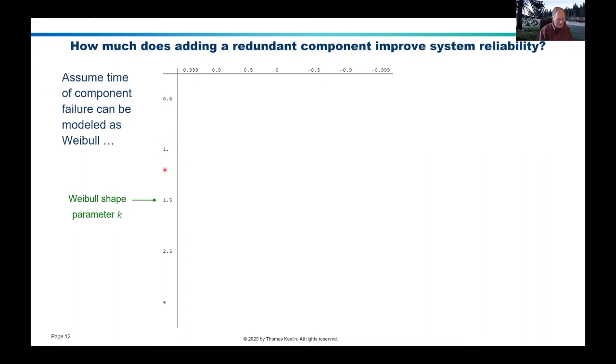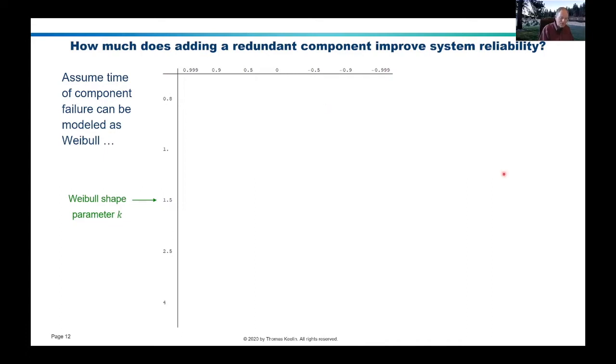This Weibull shape parameter of 1 causes the Weibull to reduce to an exponential distribution. That says that the rate of failure doesn't change depending on how old the system is. But you might be interested in knowing, how does adding a redundant component improve system reliability, both as a function